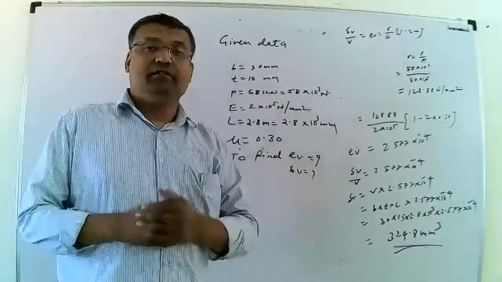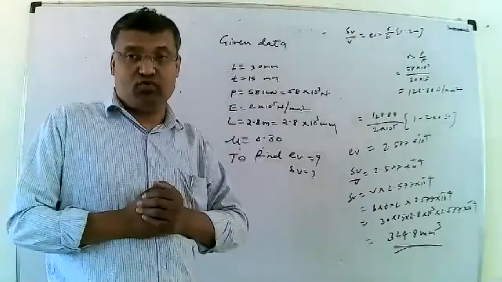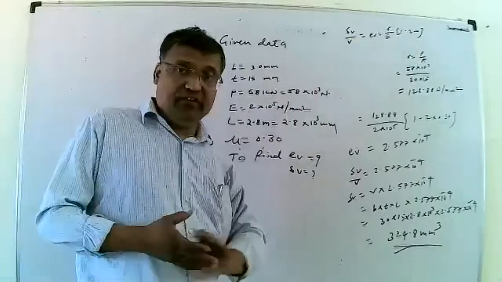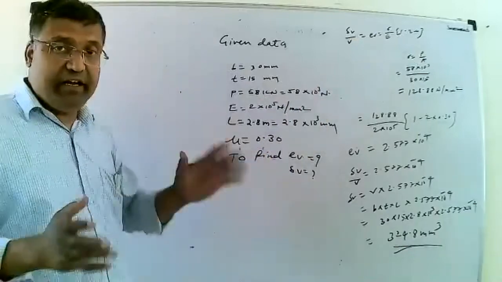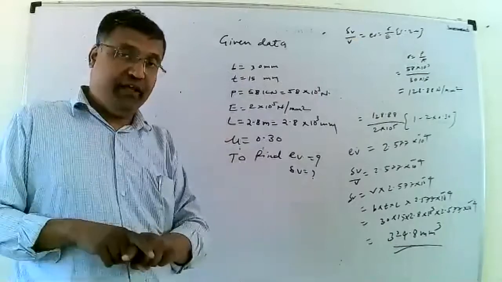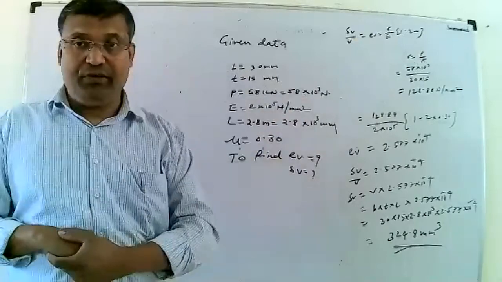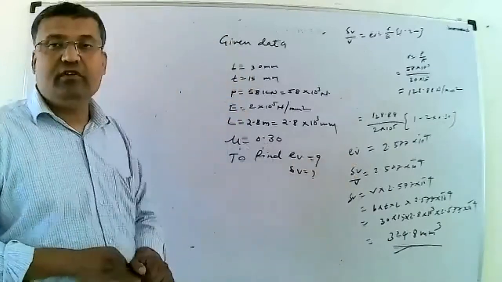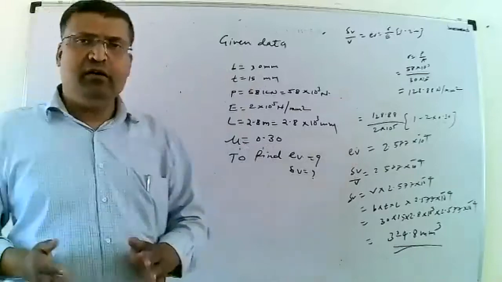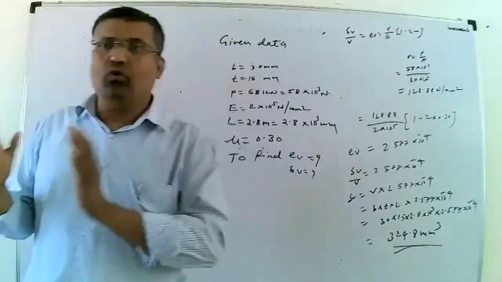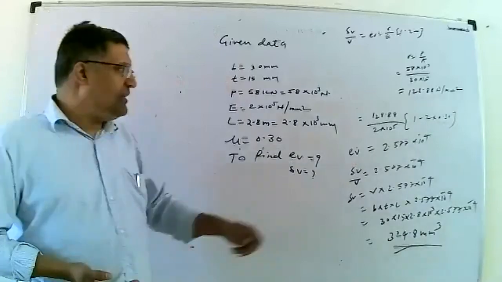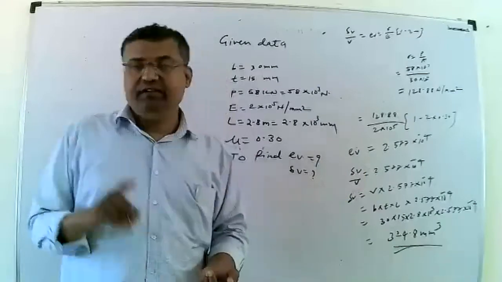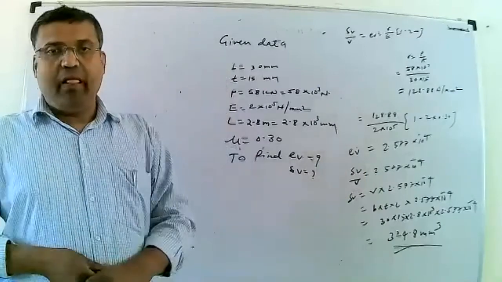But you know that stress is defined as the ratio of force to area, P upon A. We can put all these values. Area for any rectangular section is B into T. We put this value in the equation. Then we calculate EV, volumetric strain. Then delta V upon V is equal to volumetric strain. This value is already calculated. Then we do the cross multiplication, V into EV, that is equal to delta V, change in volume.